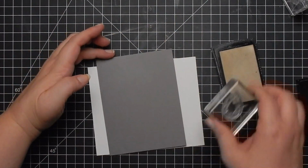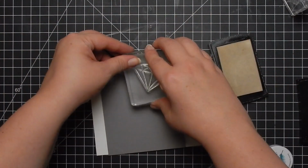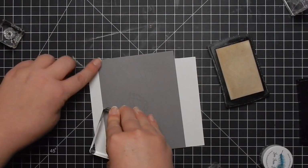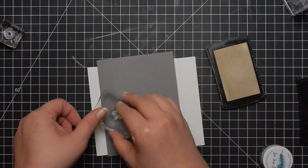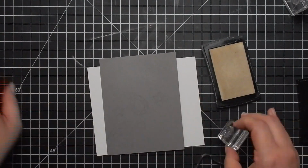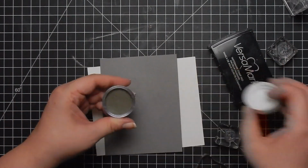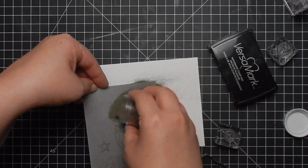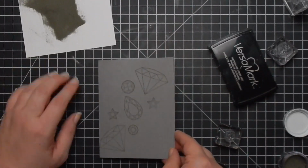For card 7, I do bring in the stamps, the jewels, and I'm going to go ahead and stamp them with my Versamark. And then I'm going to heat emboss it with the embossing powder that came in the kit. The embossing powder is silver, so I thought the gray embossing powder would go really well with the gray